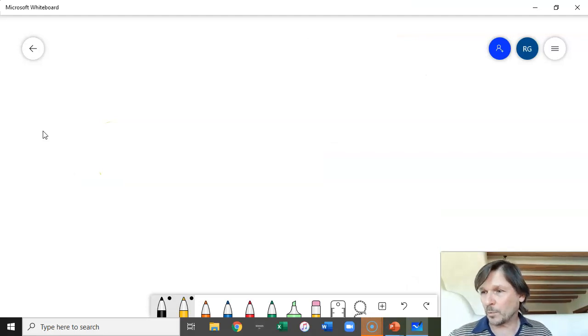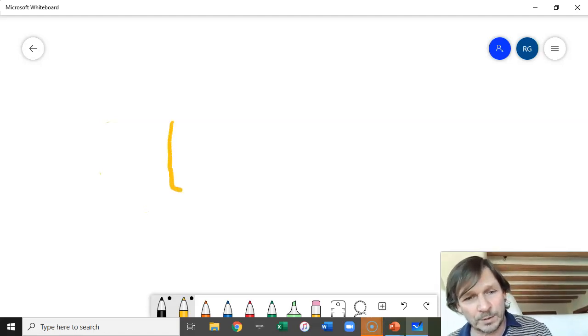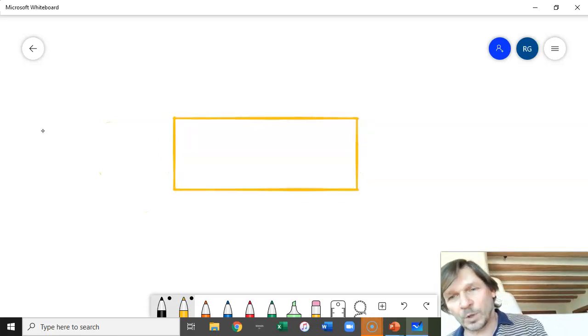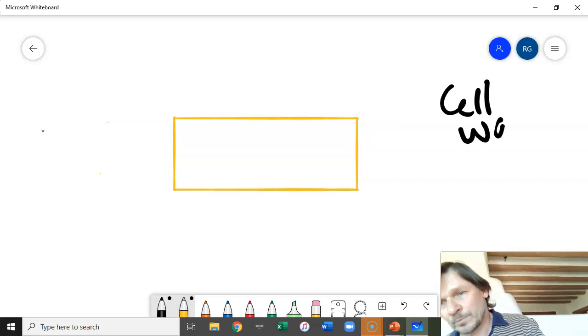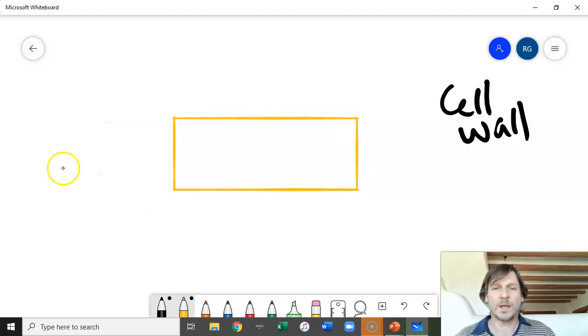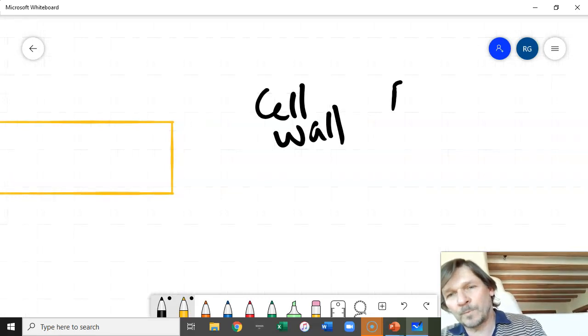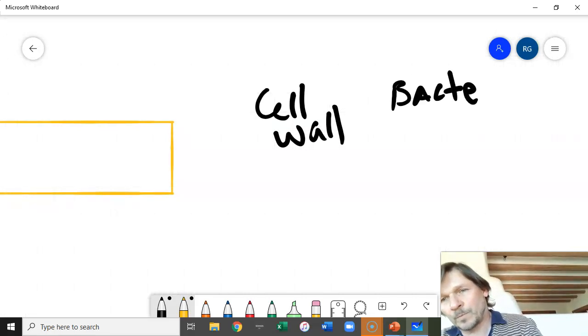And so I'm going to start with, if I can find my pen here. I'm going to start with drawing one of the features, and I'll draw it in black, and this will be, oh, I guess I'm starting with yellow, the cell wall. Right? And we'll compare the cell wall of eukaryotes and prokaryotes. And within the prokaryotes, there are two types, and I'll do bacteria, and the cell wall in the bacteria is made up of a substance, peptido-